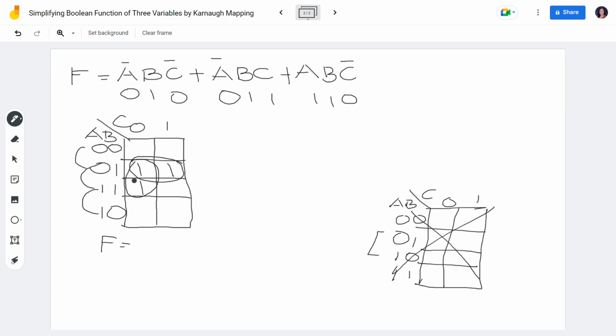So, as we can see, 1 and 1 here, we have to look here what are the common values. So, they are common with B. And there's a difference on A, 0 and 1. If there's a difference, you have to discard it. So let's write the variable which has the same value, which is 1, which is equivalent to B. And then next is, since these two ones are in the column 0, so let's put it here, not C. So that's our first term.